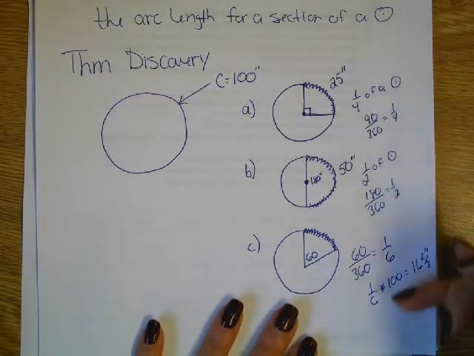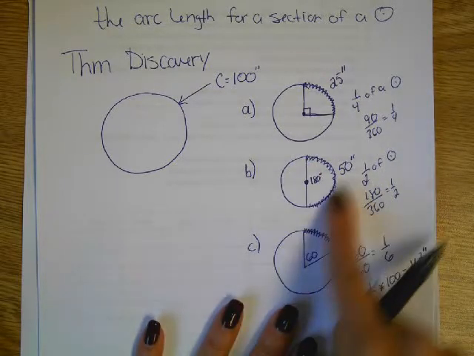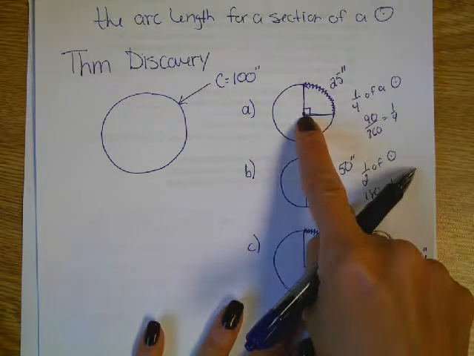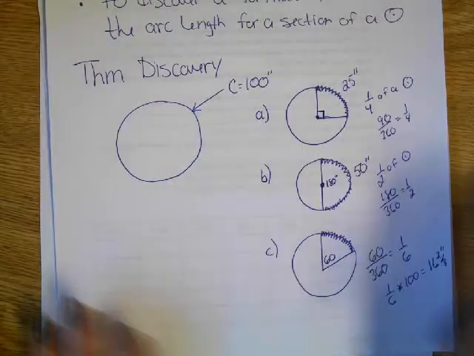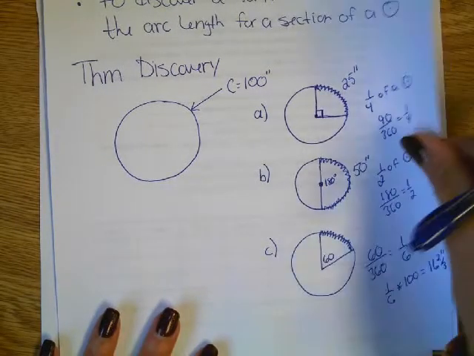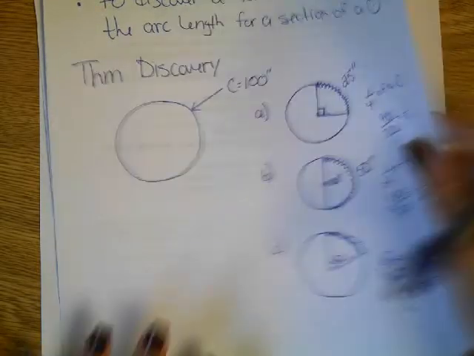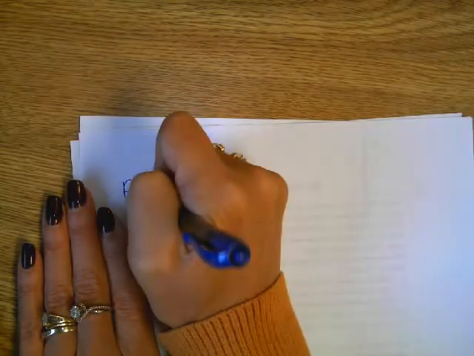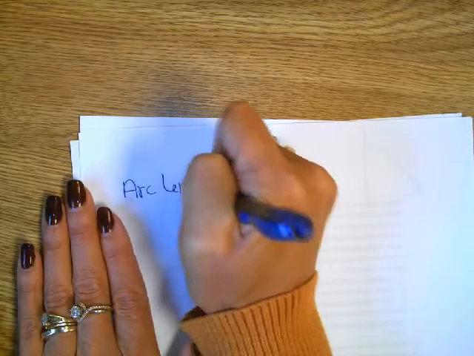So if this is our process, can you turn this process now into a formula to find arc length if you know the angle measure? So that's what we want next. Hopefully that was enough to do it. So the arc length